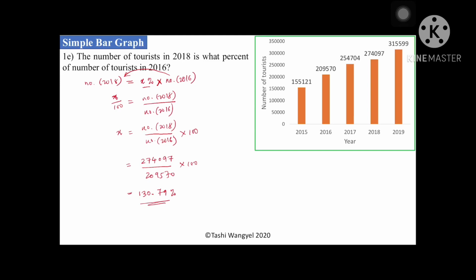So the number of tourists in 2018 is what percent of the number of tourists in 2016? The answer is 130.79%. The number of tourists in 2018 is 130.79% of the number of tourists in 2016. The percent increase